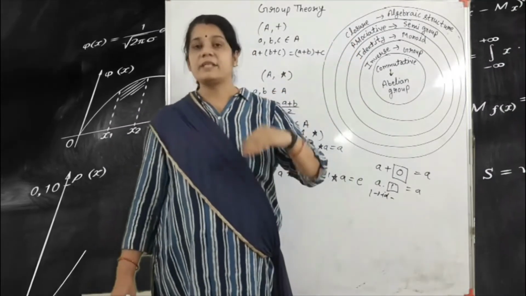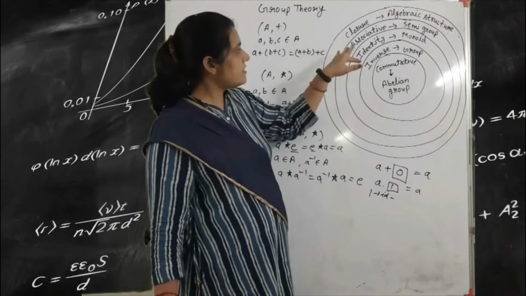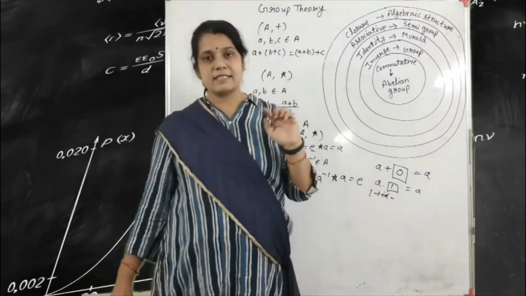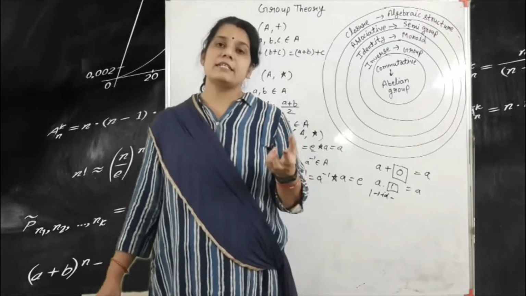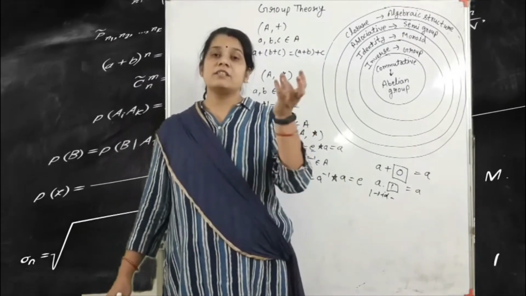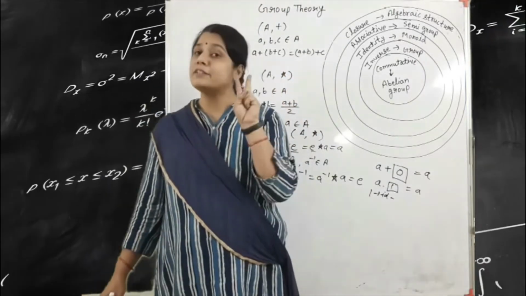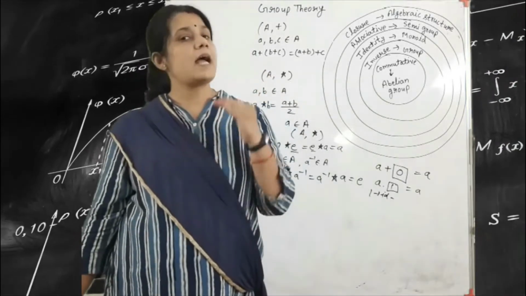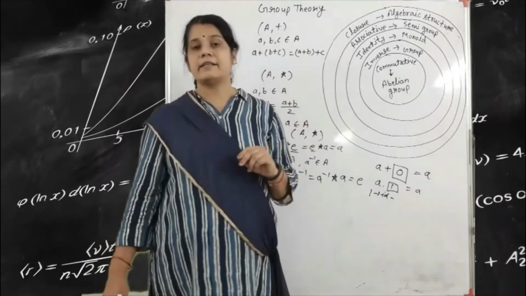If the element satisfies the closure property, then we can say that this is an algebraic structure. In case the closure and associativity are both satisfied, then we can say that this is a semi-group. That means, for example, if we are given a set A and an expression and we find out whether this expression is a semi-group or not, we must satisfy two properties. Number one, closure property. Second one is the associativity property.